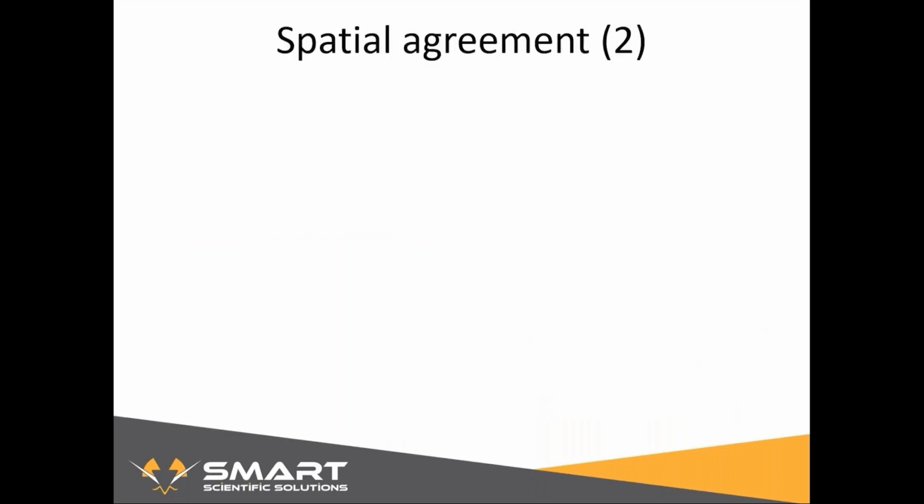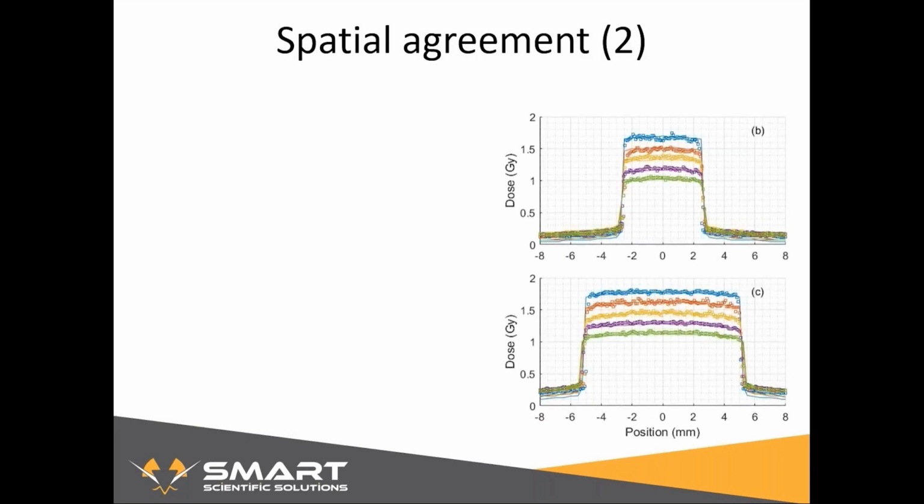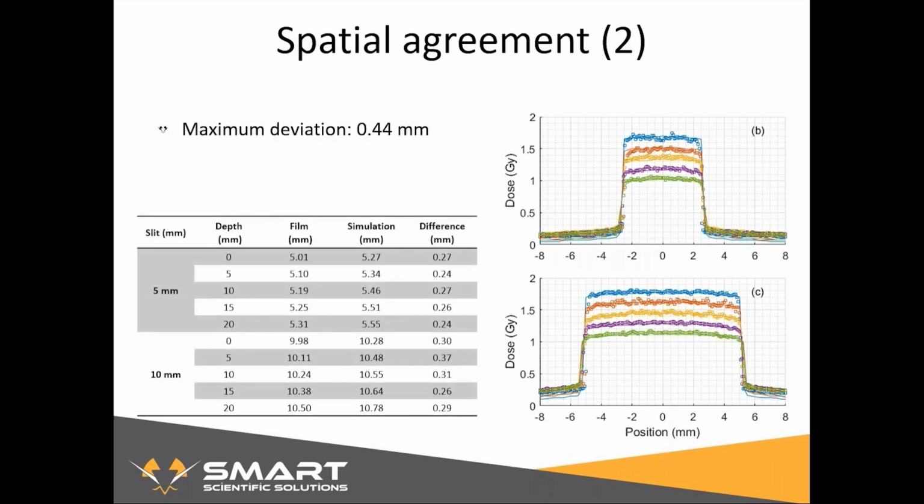The results of this also showed good agreement. It's a bit harder to see on the figure, but the solid lines are the Monte Carlo simulations from SmART-RAD, and the dots are the measurement points on the film. It's hard to see, but that actually makes it good because that means they're overlapping very well. The maximum deviation on all the things we did, so with lateral shifts and the 3 different field sizes, was 0.44 millimeter, and the mean average is 0.24 millimeter. This is sub-millimeter accuracy, which should be sufficient for